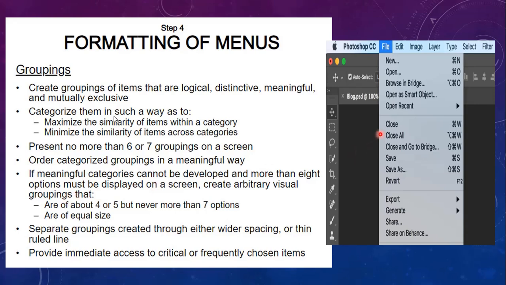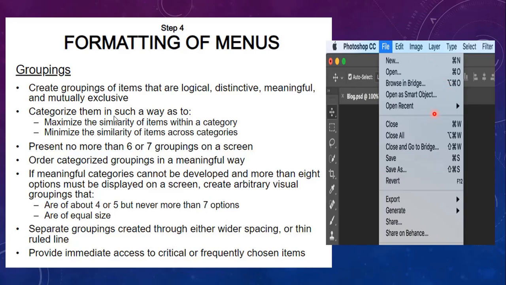For example, here you can see that initially you have New, Open, then Open As, Open as Smart Object, Open Recent. After that you have an underline. Can you see the space between those two groups, and also there is a marking? So it categorizes the menu in a meaningful manner.